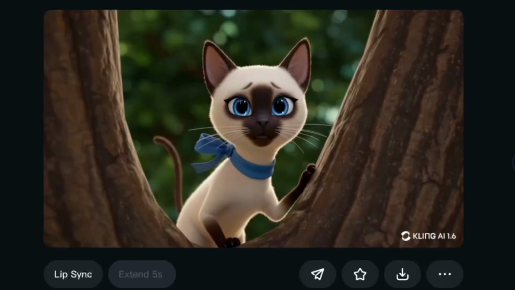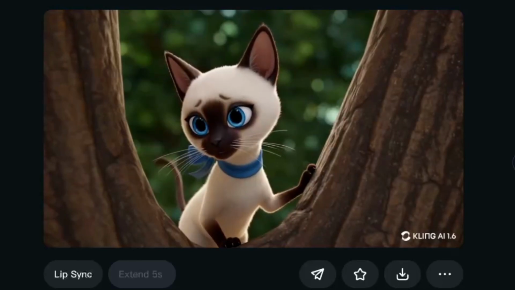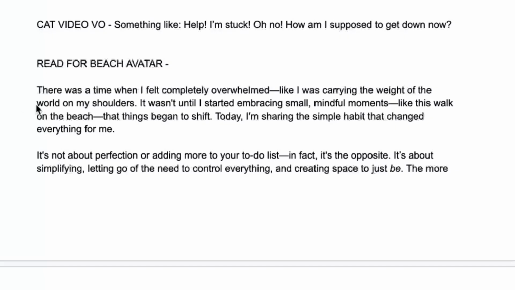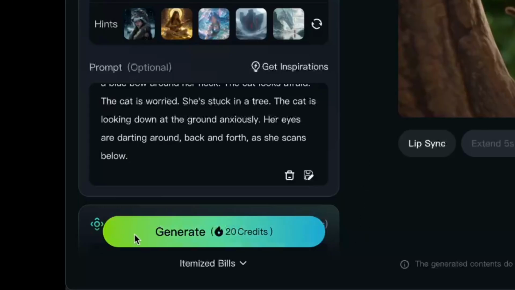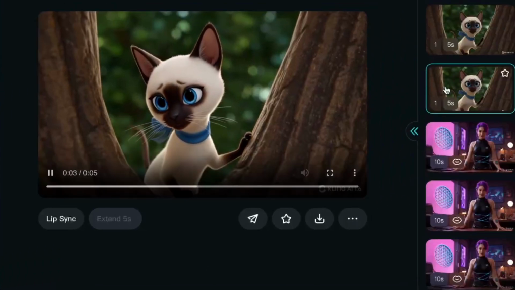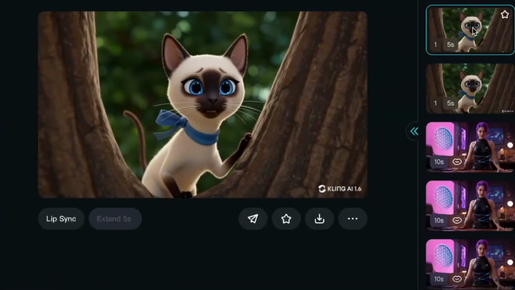As I do this, I'm checking to see if I can get my words to line up with her mouth movements. If it doesn't seem to be working, I can always just adjust the length of her dialogue, or even regenerate the video. Once I think I've found a sweet spot and have practiced a bit, it's time to create